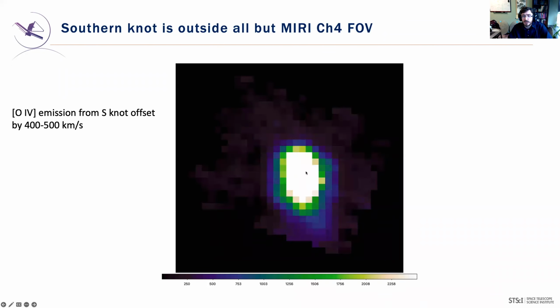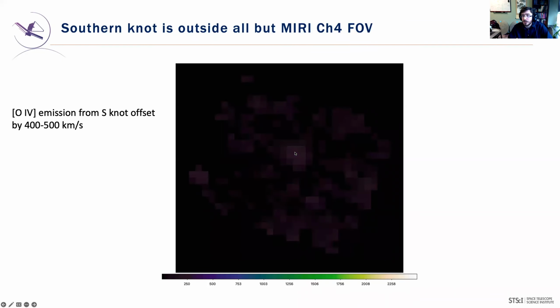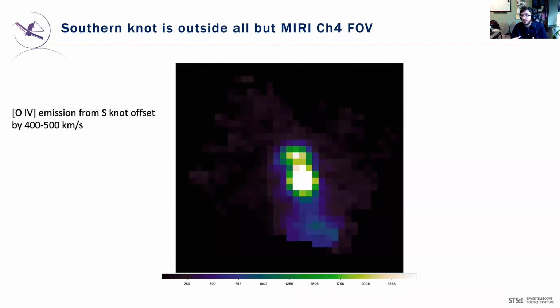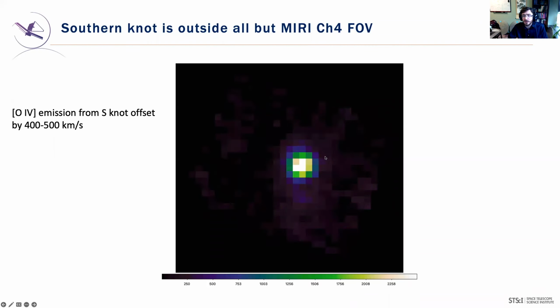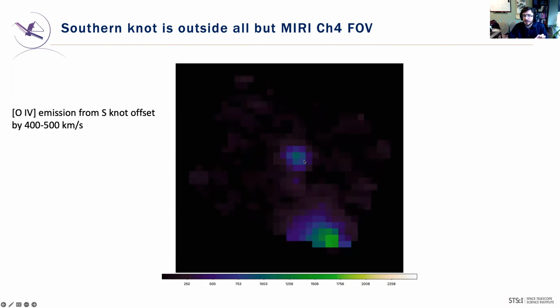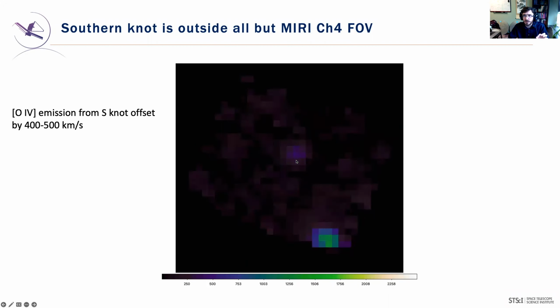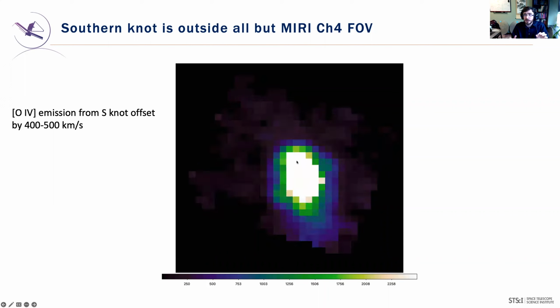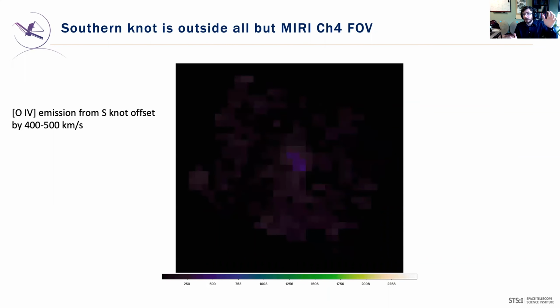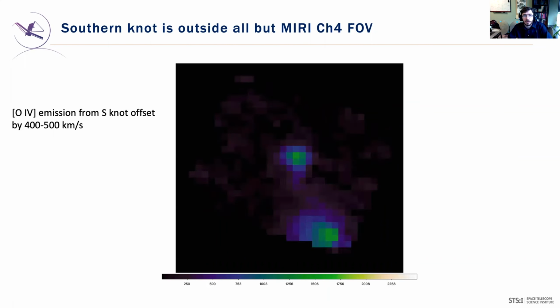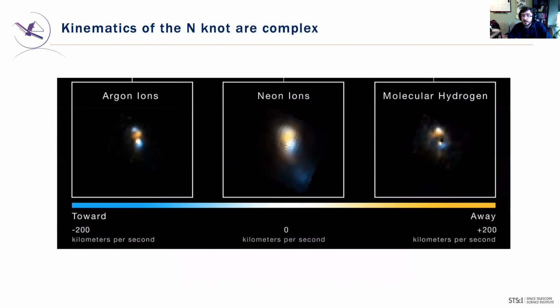As you shift into the central regions, you pick up the emission from both the area right around the AGN and also this northern knot. You can get some idea that there's a little bit of structure in this northern knot as well. It's a little hard to tell with the large PSF, but it's not just a single blue shifted component down here and red shifted up here. There's a substructure within it. If we try making some plots of what the kinematics of that northern knot look like, they're actually quite complex. So this is zoomed out.